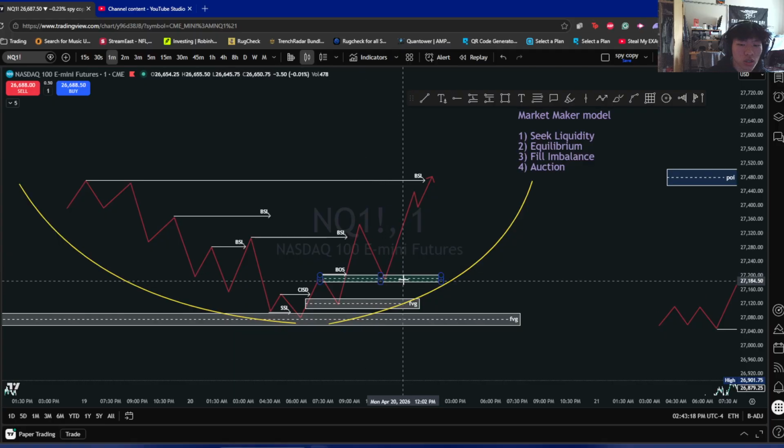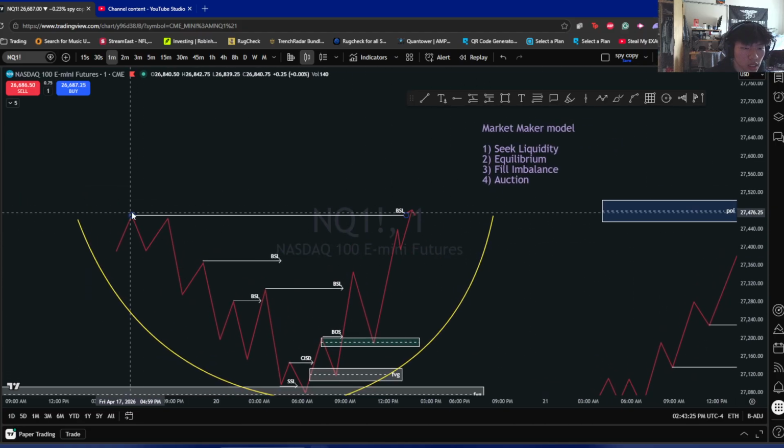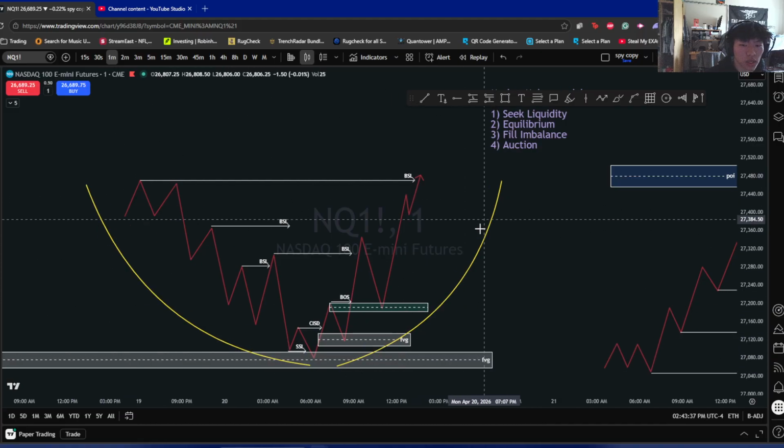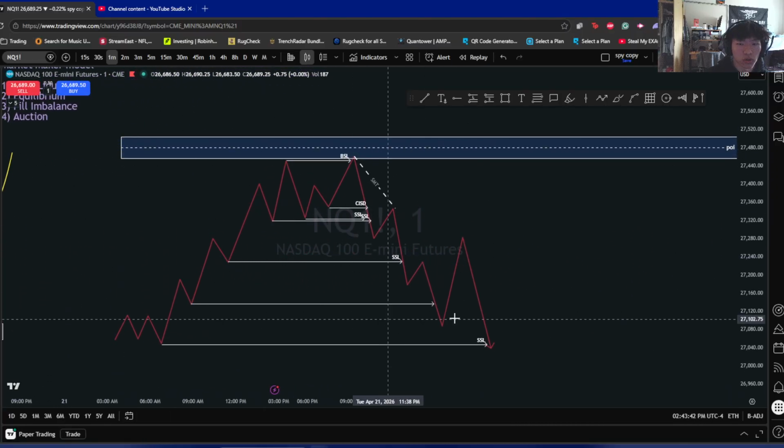When we are starting to respect all of these bullish confluences, we are most likely going to look to see price finish the model by taking out the highest of the highs. Okay, it kind of looks like a bull. Okay, a market maker buy model may look like a bull like this,